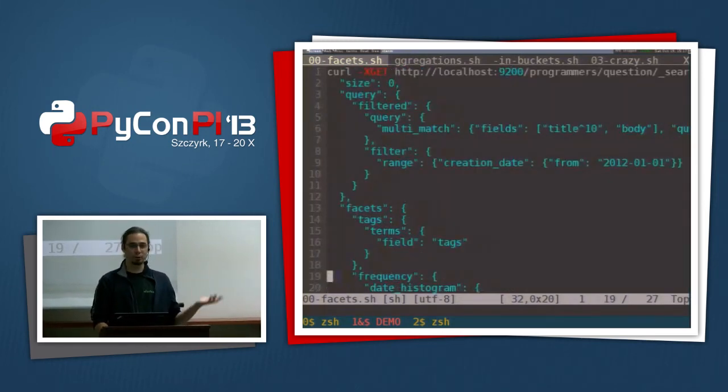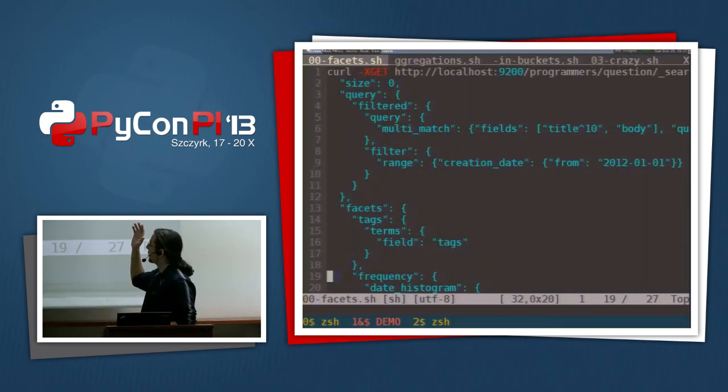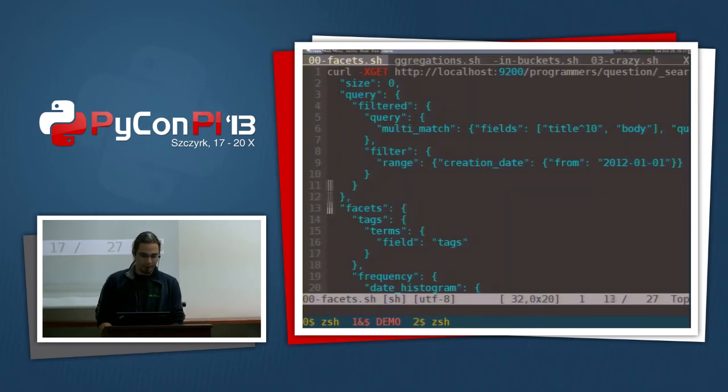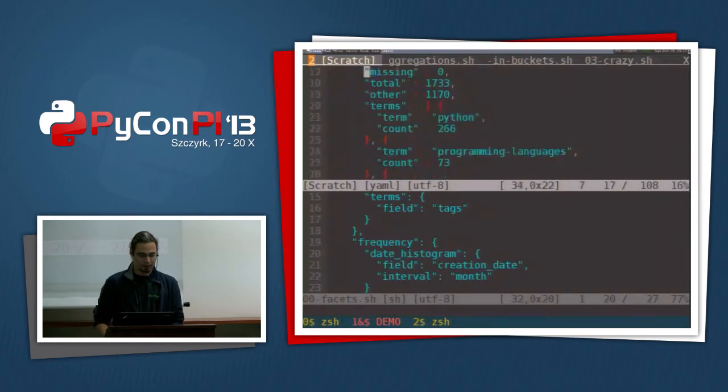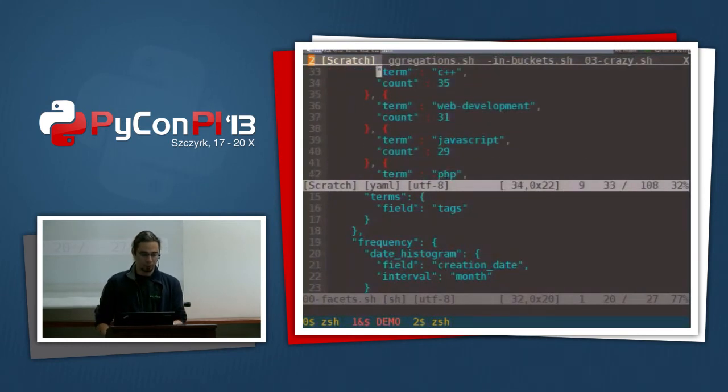Now I've called them facets before, and that's where we'll start. So we start with a very simple query. Again, filtered query, multi-match, filter, the same thing that we dealt with every time, and these two facets, the terms facet and the date histogram. Again, if we run it, we see that we have